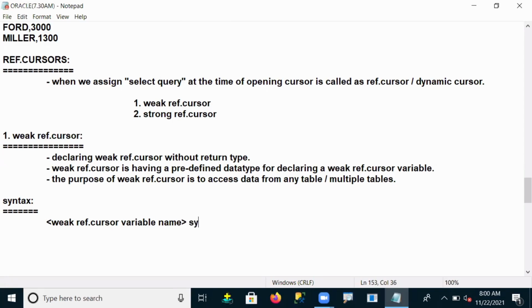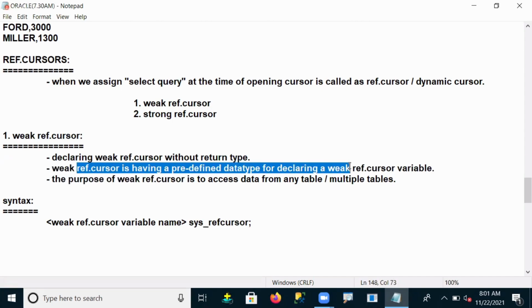Your data type is called SYS_REFCURSOR. SYS_REFCURSOR is a predefined data type. So, as we said, a weak ref cursor has a predefined data type for declaring a weak ref cursor variable.